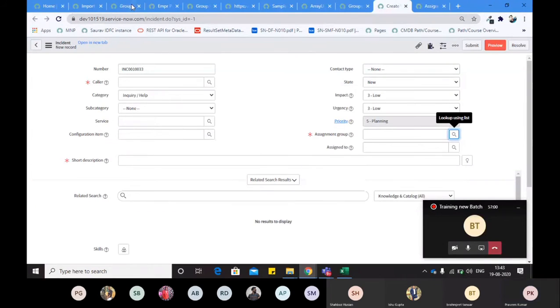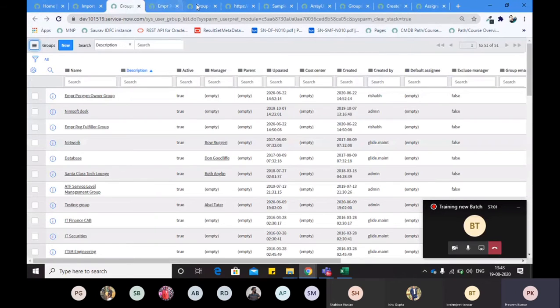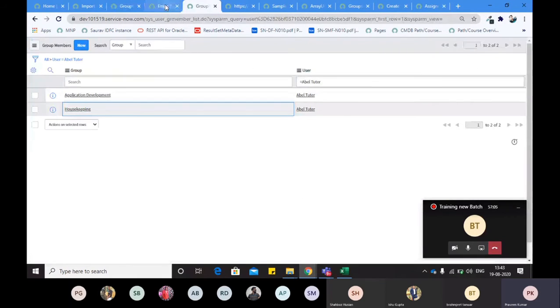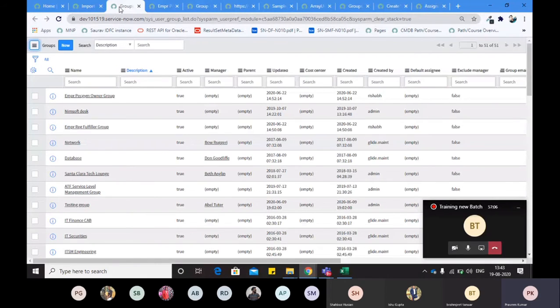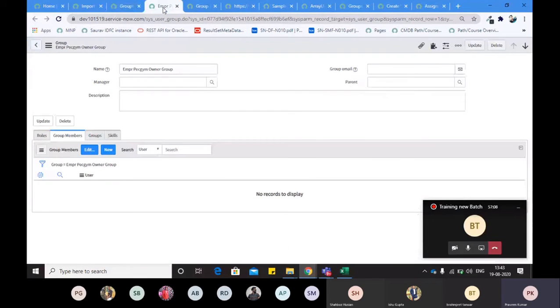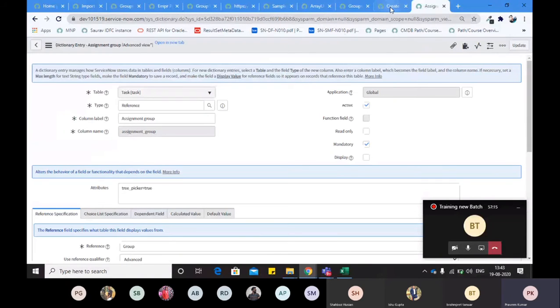This is the same society of that particular group, correct? Right, so this is the power of the advanced reference qualifier. Most of the time we don't use dynamic, but yes, I will tell you the dynamic as well. There are many scenarios where you will use an advanced reference qualifier. Apart from it, let me give you a brief on the dynamic one, then we will discuss dynamic later, in much more detail.